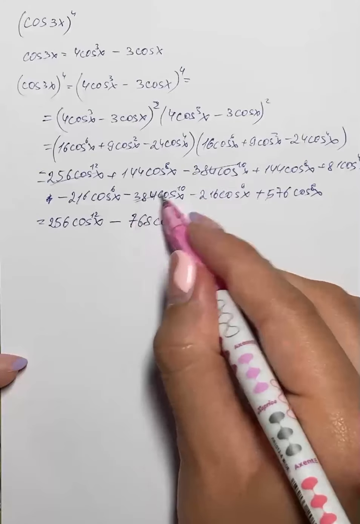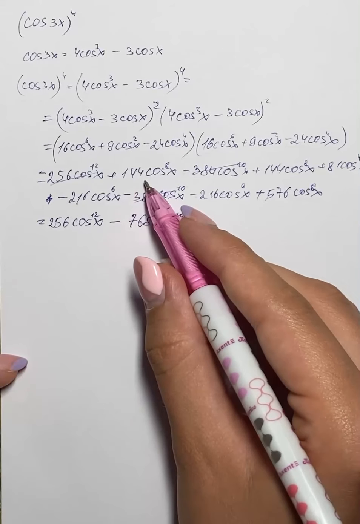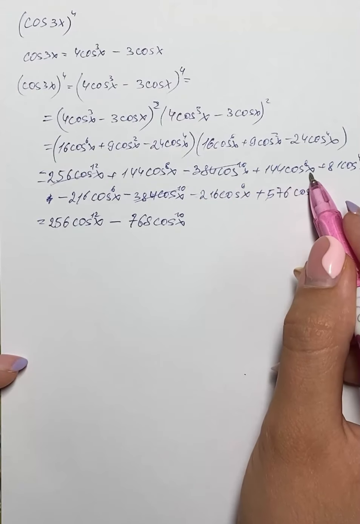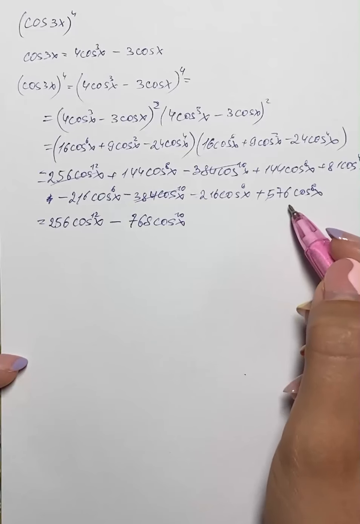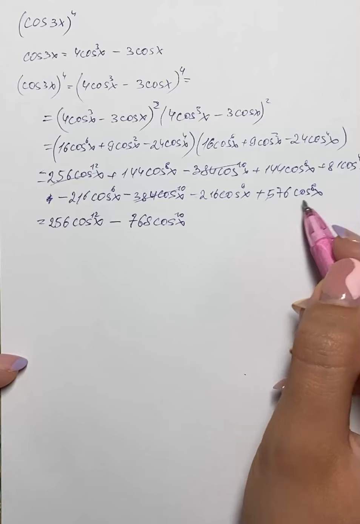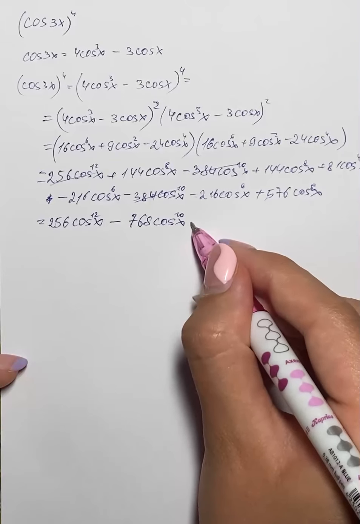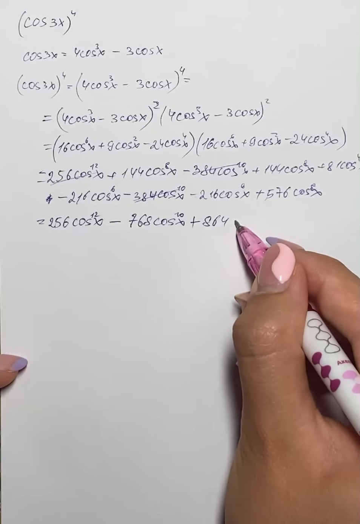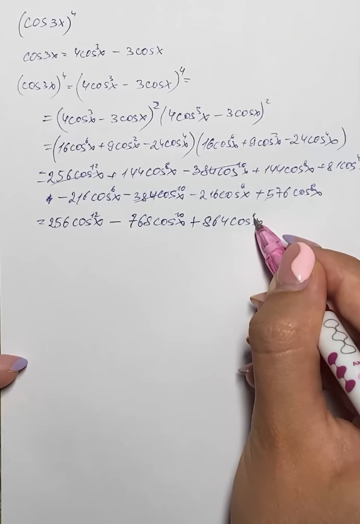Then we have plus 144 cosine of x to the 8th power plus 144 cosine of x to the 8th power and plus 576 cosine of x to the 8th power. So we have plus 864 cosine of x to the 8th power,